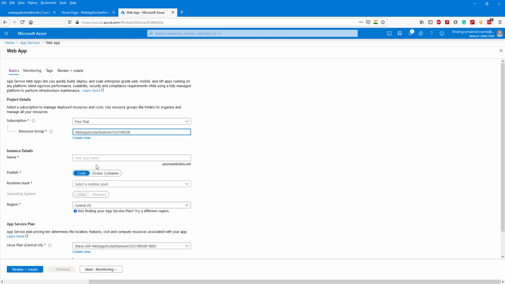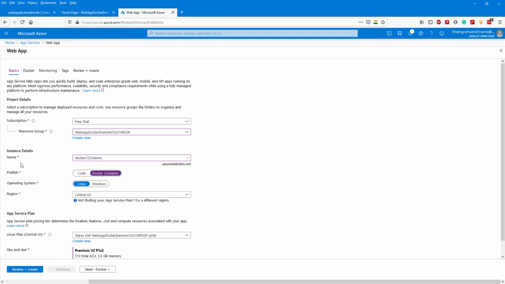Select the resource group we previously created, give the name docker continuous integration, continuous delivery demo. Yes, this instance name is available. Publish as a Docker container.